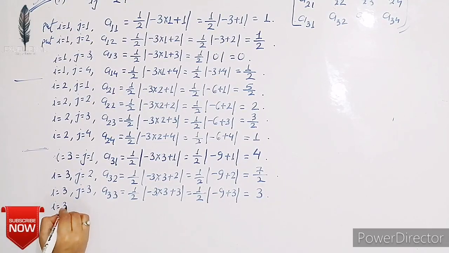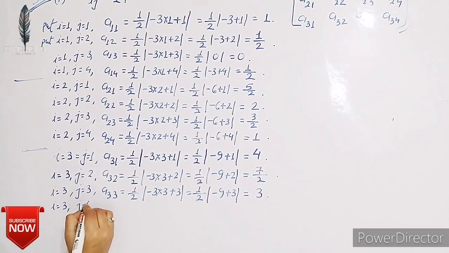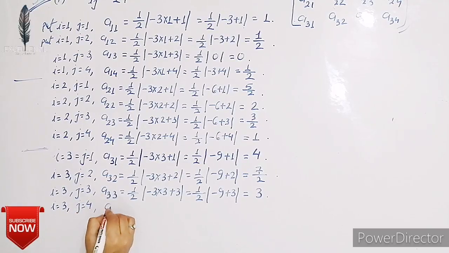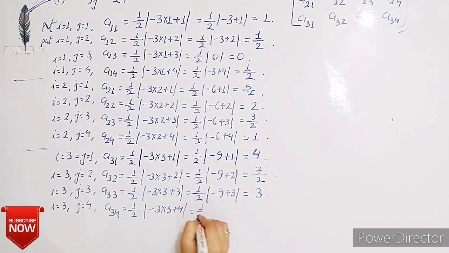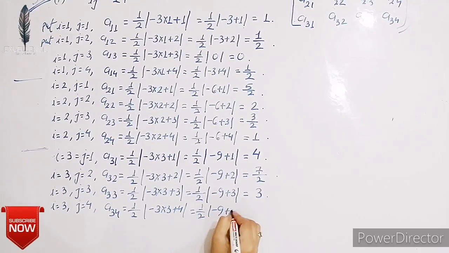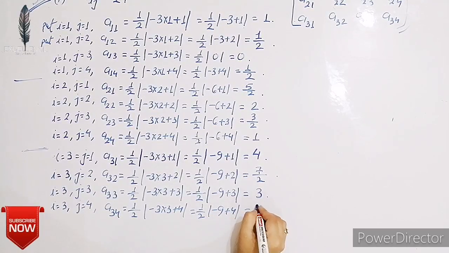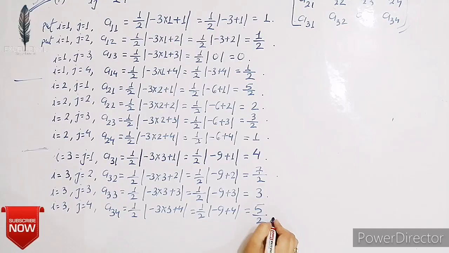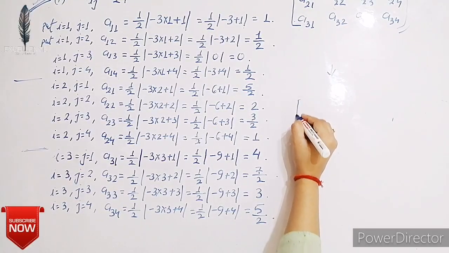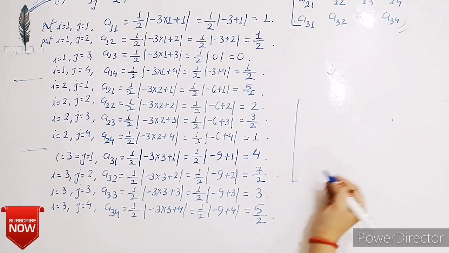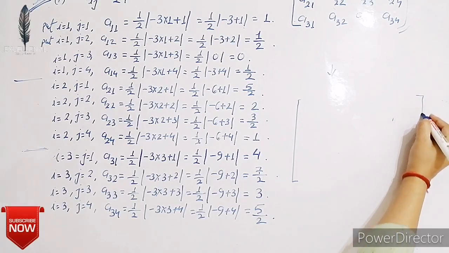For the last element, put i equals 3 and j equals 4, that is A34 is equal to 1 by 2 in mod, minus 9 plus 4, that is equal to 5 upon 2, is the last element. So, our matrix is in the form of